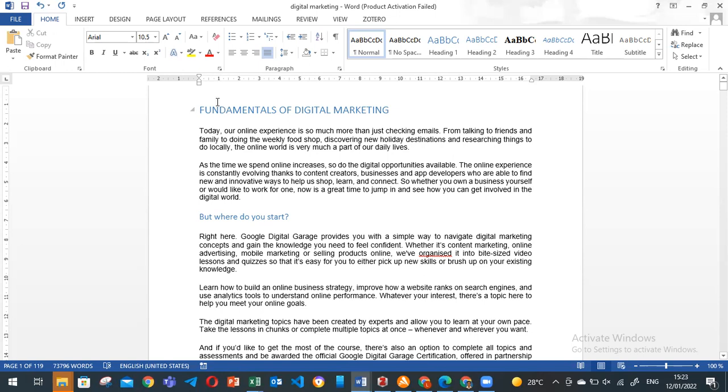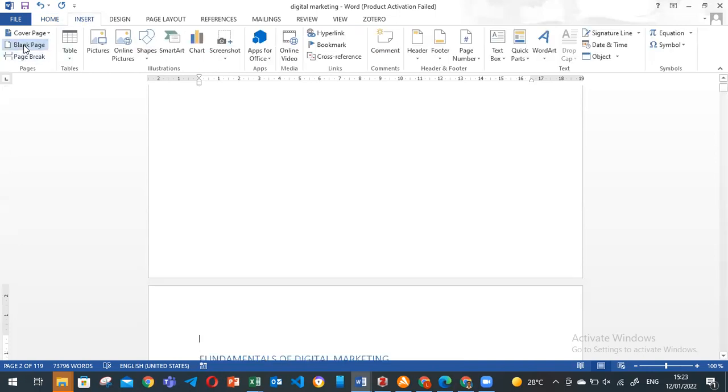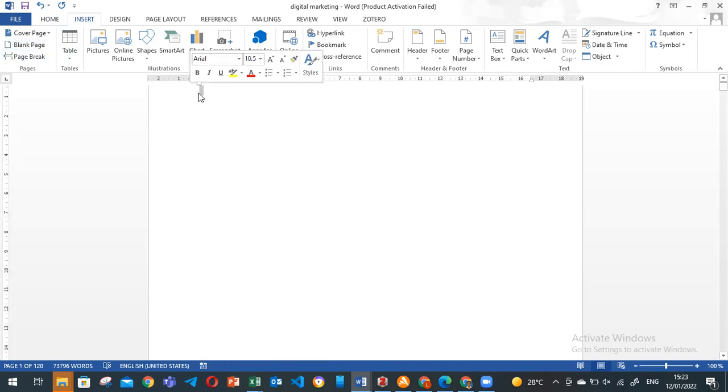create a table of contents using the headings that we have included. So we go to the beginning of the page of our document, and then I'm going to create a blank page so that my table of contents will be on its own page. And then on this page, I insert a table of contents. Click on